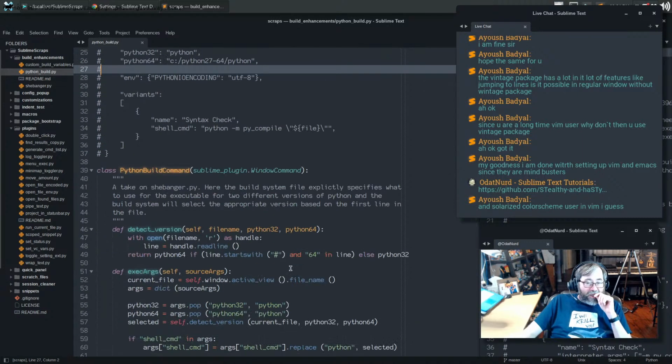And let's see. This one is assuming that the file starts with a comment that tells it which thing to do. So let's see. First of all,